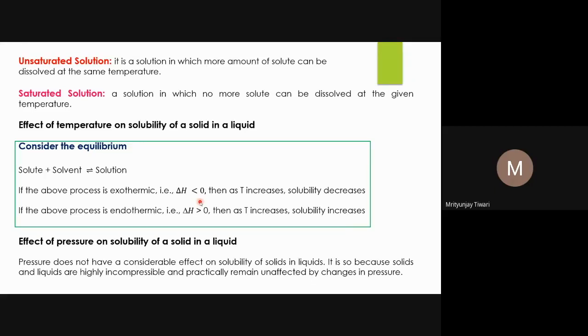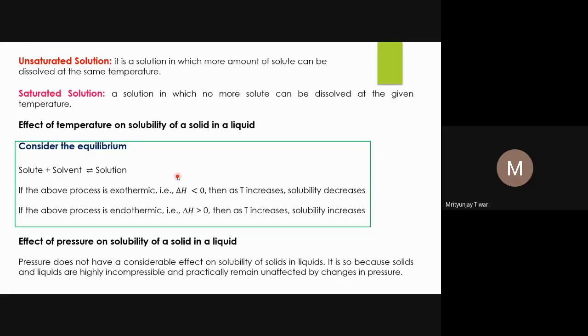And when you increase the temperature for an exothermic process, initially, why was heat evolved during the reaction? Heat was evolved because for this set of solute and solvent, at a particular temperature, the heat content was some value, and with that heat content it was not stable. And to gain stability, it dissipated heat into the surroundings.